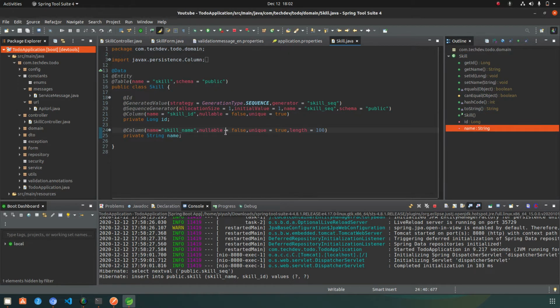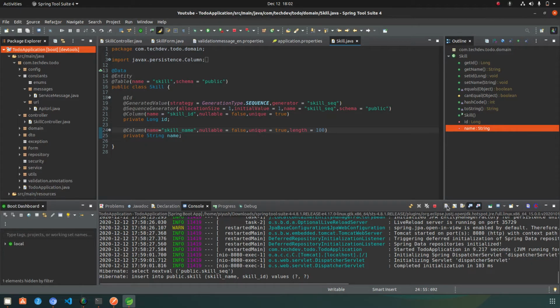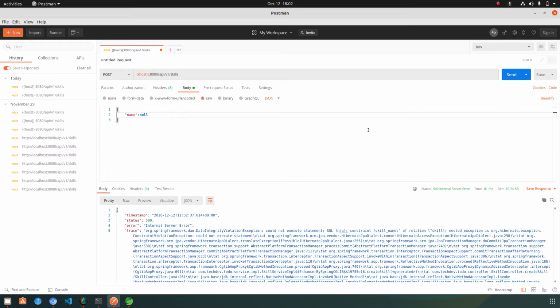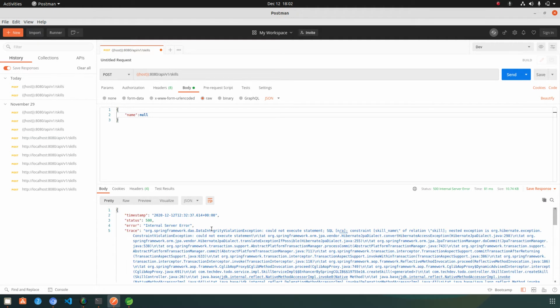Inside the entity, you are saying nullable should be false, meaning the value should be provided. Let me do something: suppose I pass the string as null, meaning I do not provide any name. What will happen? It will create an exception saying data integrity violation exception.